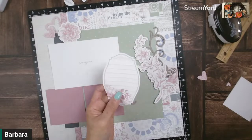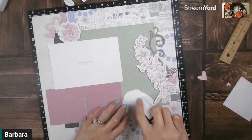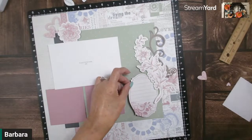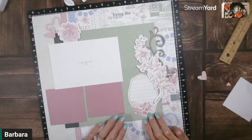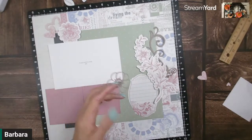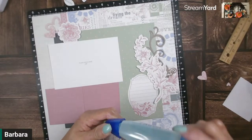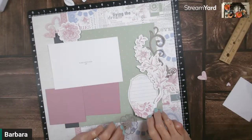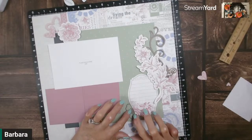This little journaling box is going to go flat so that you can write on it. I'm going to put some glue in the middle there and slide this right there, kind of back behind there, just like that. And then let me put some glue on the back of this die cut, because this is going to slide back behind the bottom here. So I'm going to pick this up and just slide that underneath. Give that a little bit of pressure